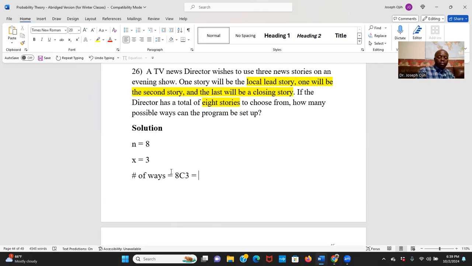Okay. Can go back. 8 combination 3. Okay. Now, sorry, not combination, my mistake. Permutation, not combination, because it says there's a specific order. 8 permutation 3. So we go to our calculator and then choose